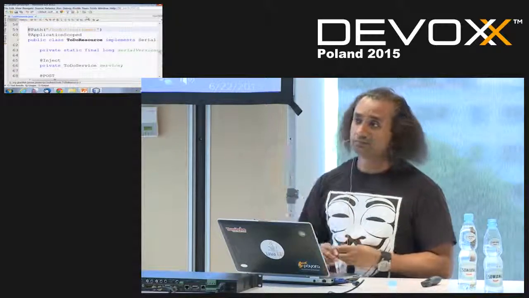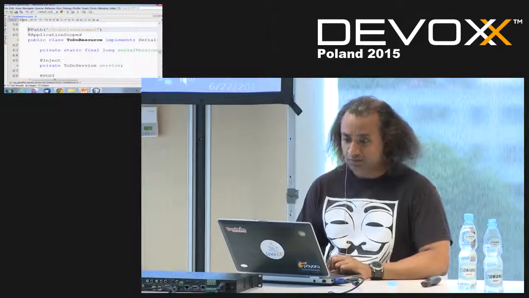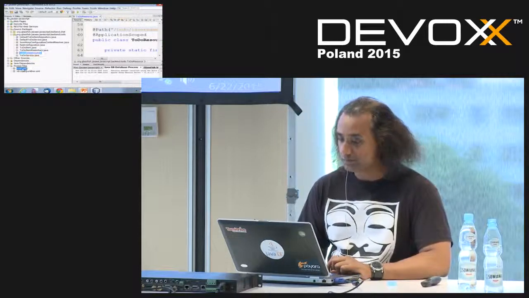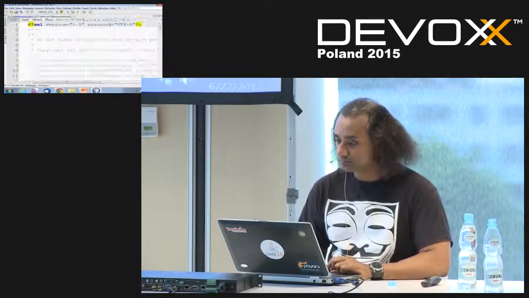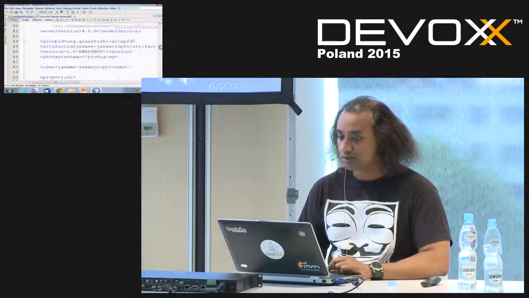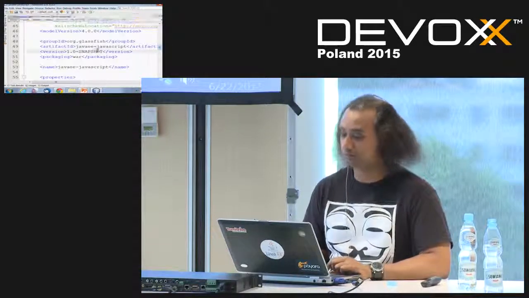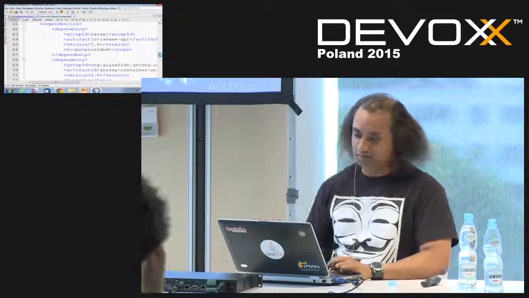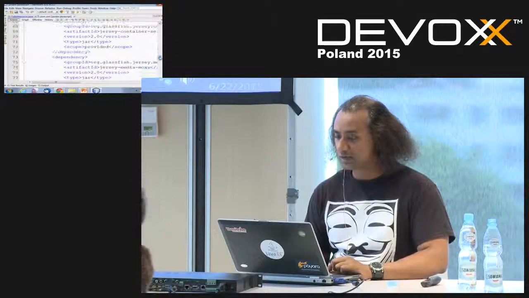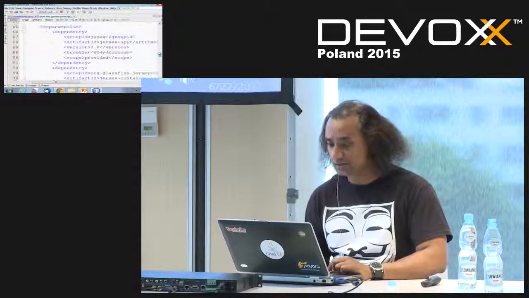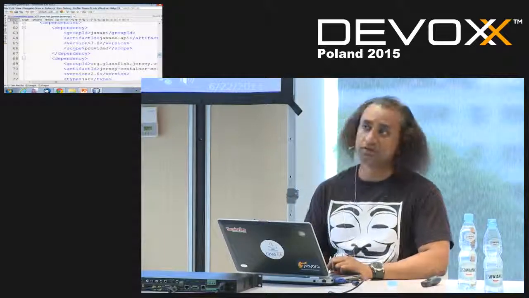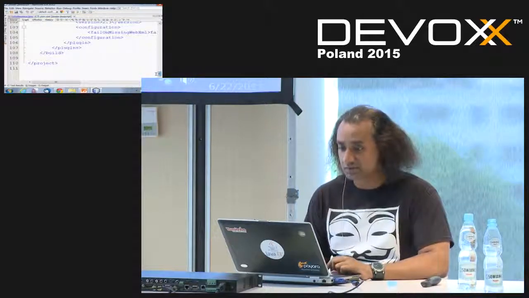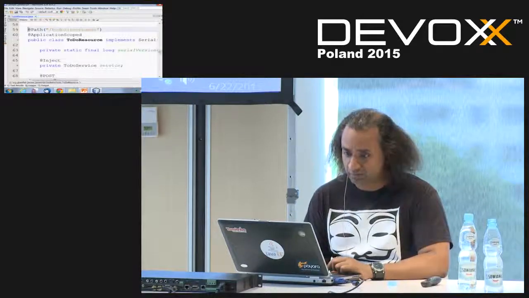There's no configuration. If you look at my Maven file, here's my Maven POM. My comments are bigger than my POM file. Really the only dependency I have is the Java EE API, and just two Java EE dependencies, and all of them are provided. These are all provided by the GlassFish runtime, and this is it. There's no other configuration. If you look at my web.xml file,